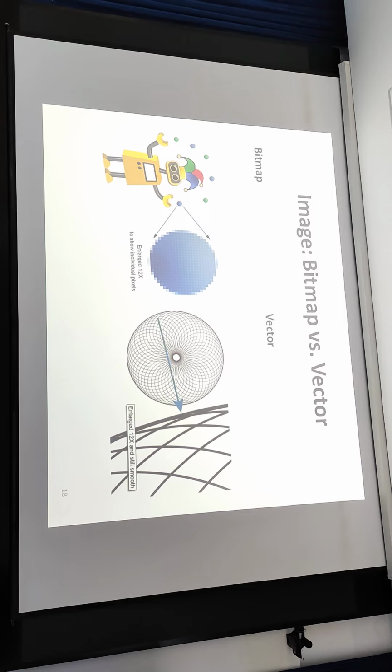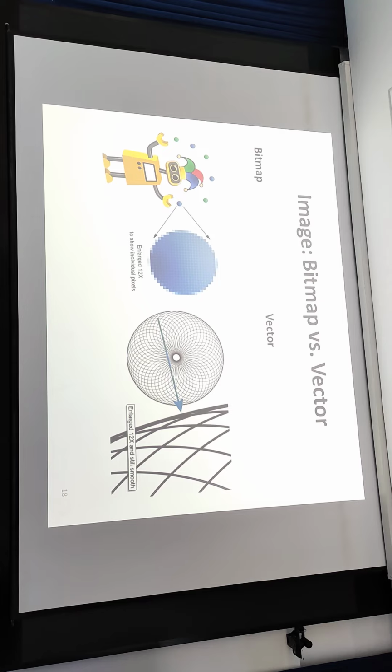I think the big difference between bitmap and vector is that the bitmap is just a summary of every pixel contained inside that thing, and when we zoom in, you can still see the pixels, but the vector is the line. So if we zoom in or zoom out or do anything on it, it's still the line.